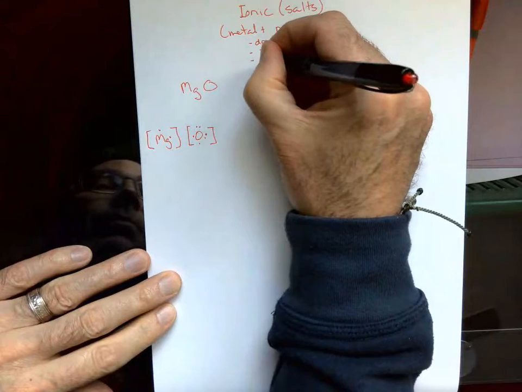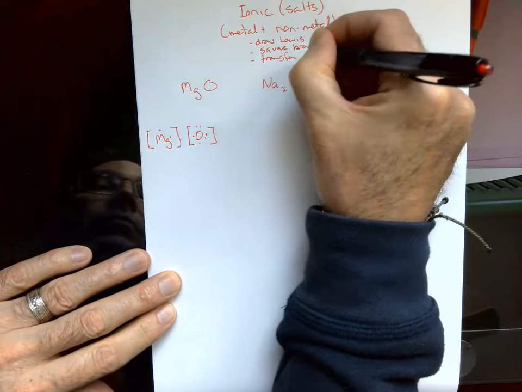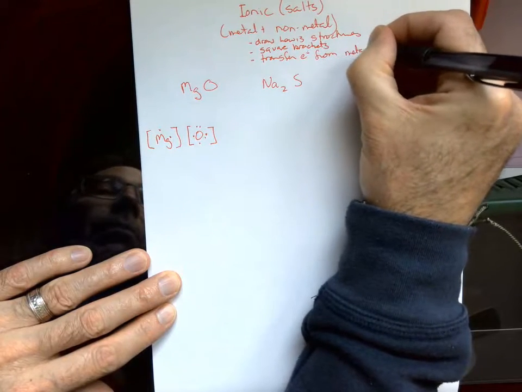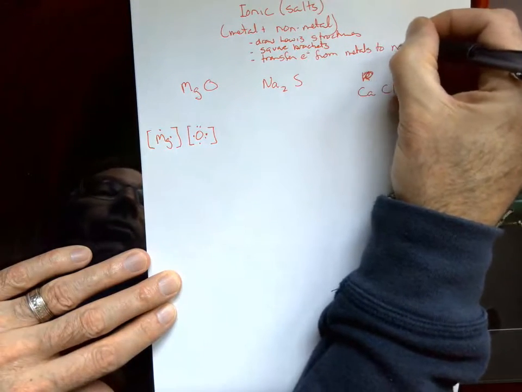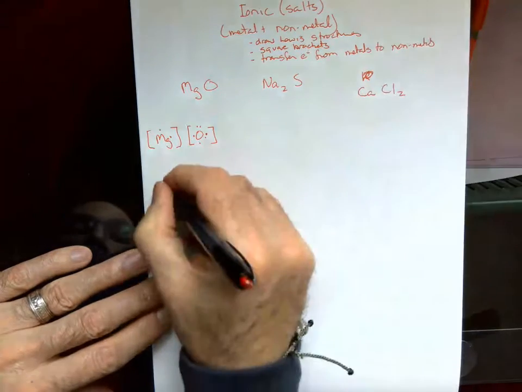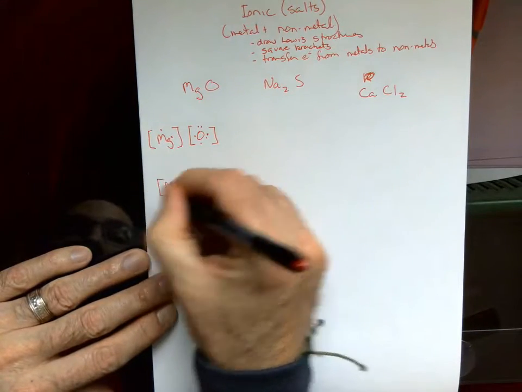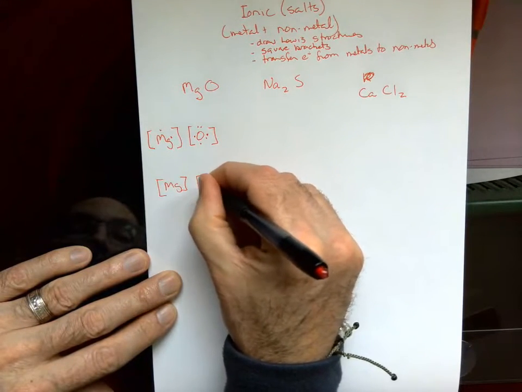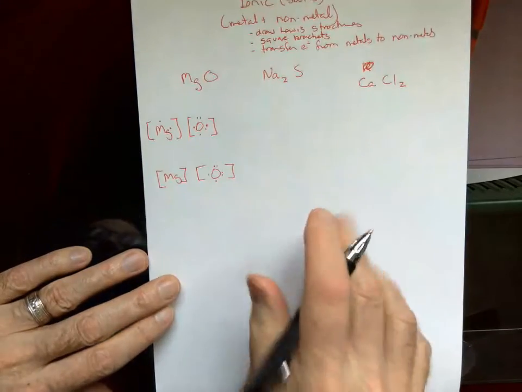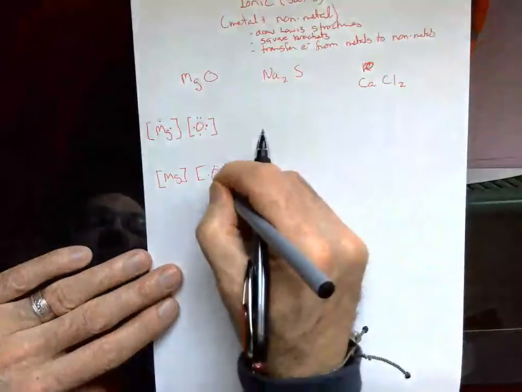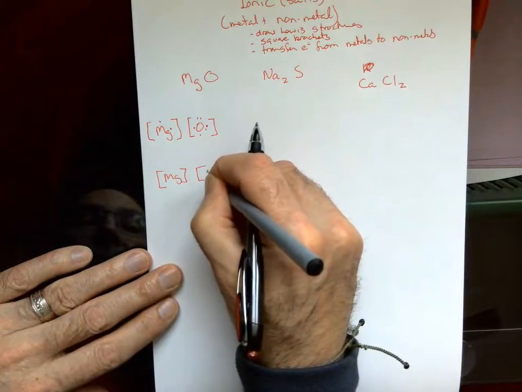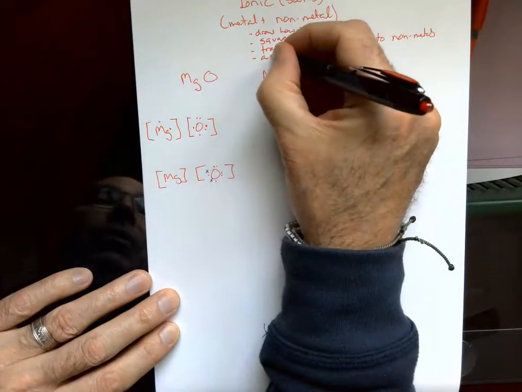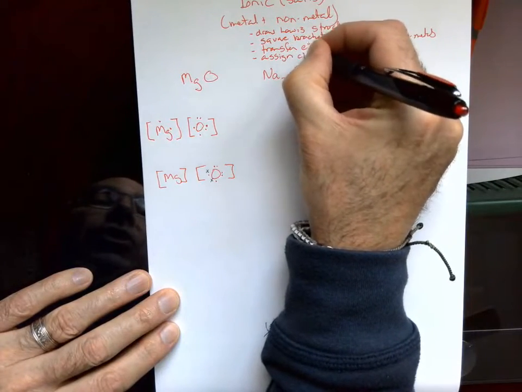Now, the next thing is transfer electrons from metals to non-metals. So, the metals lose all the electrons and the non-metals gain all the electrons. Now, I'm going to draw the electrons that were transferred from magnesium as X's, just so you can see that they were transferred over. Last step is assign charges.